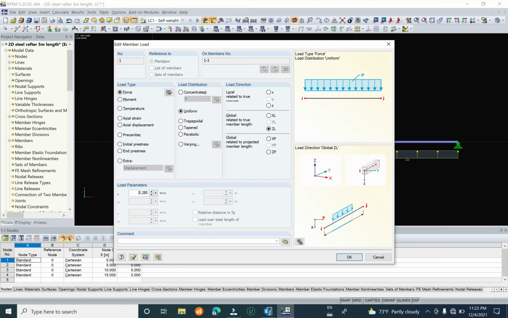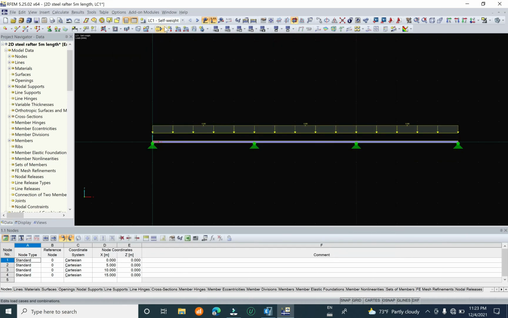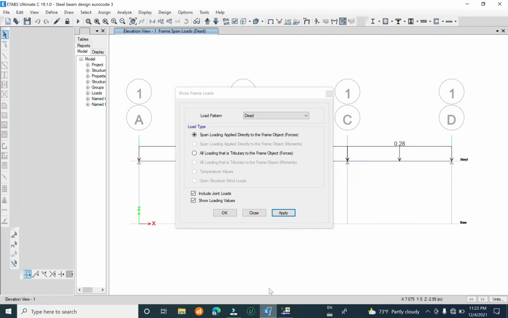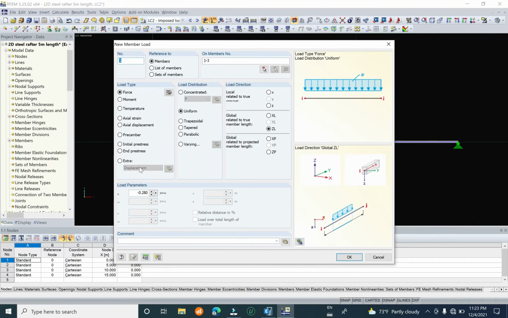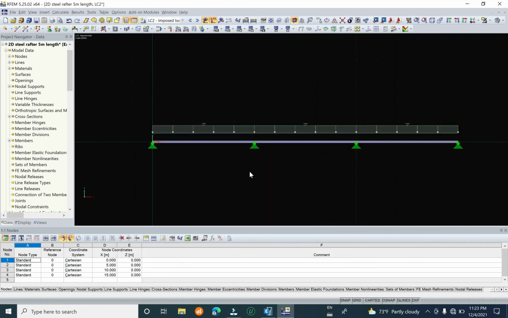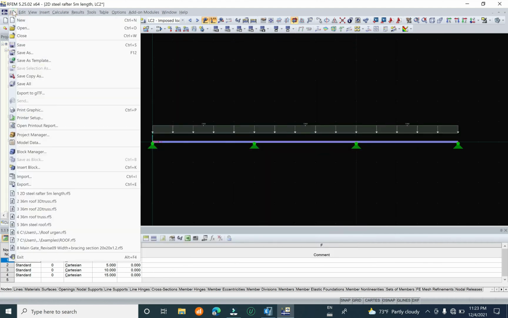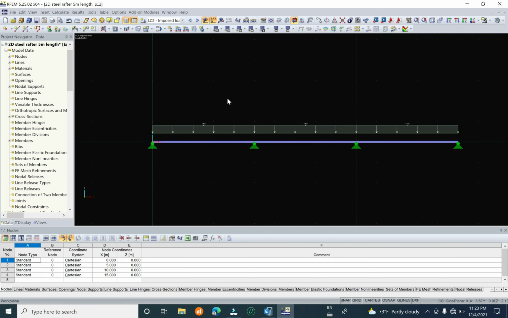Now you have to change the direction. Okay, and for the line load, I select here and add new, and you can check the load in the Etab again. It is 0.42, minus 42 kilonewton per meter. It's the same. Okay, everything is complete. You have to save your model,